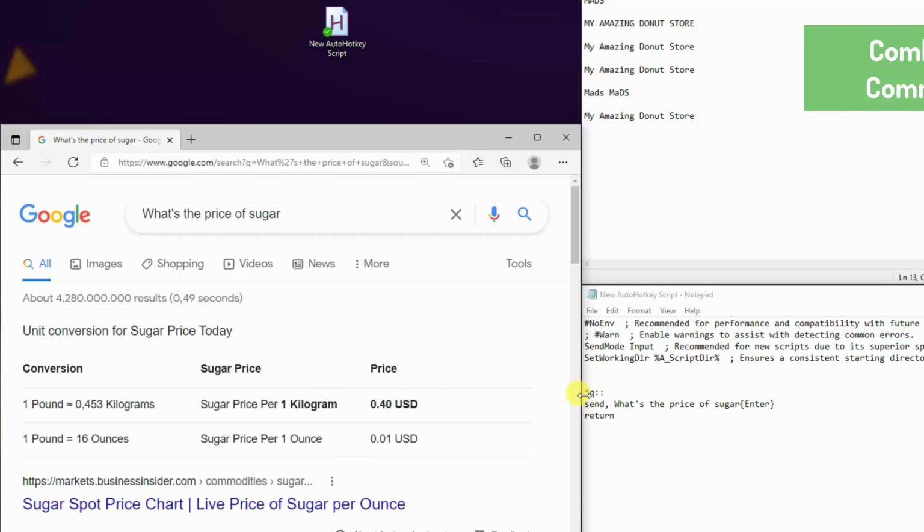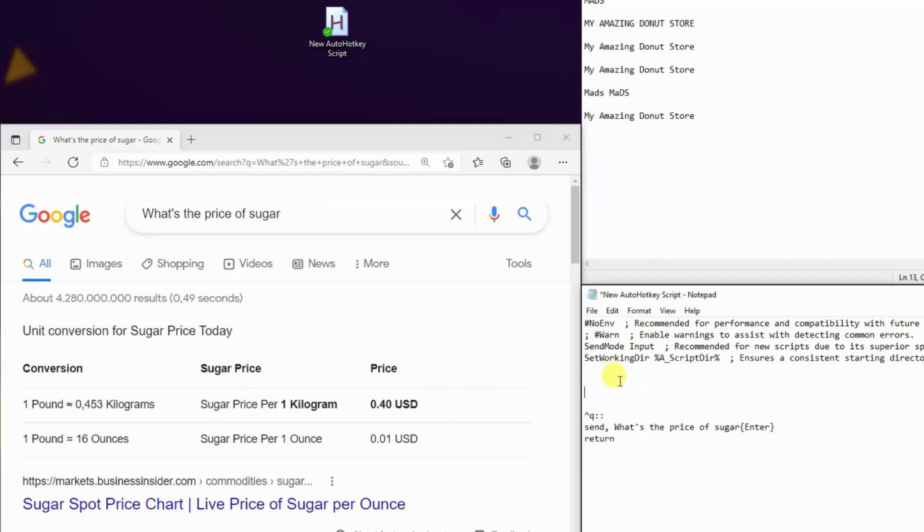Say I want to have more commands here in my script. For example, Ctrl Q, that will say what's the price of sugar, but I also want a command to open up the browser and Google in the first place. So if I go down here, then I'll say, for example, hat W, 2 colons, and then I can say what will go on. To open up something, that could be an application or a folder, I'll go with the run like this, then a colon, and now if I want to open up a browser at a URL, I'll say